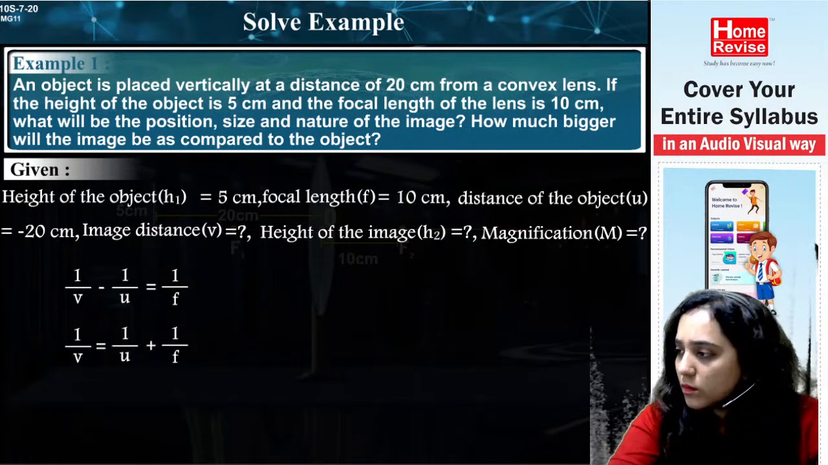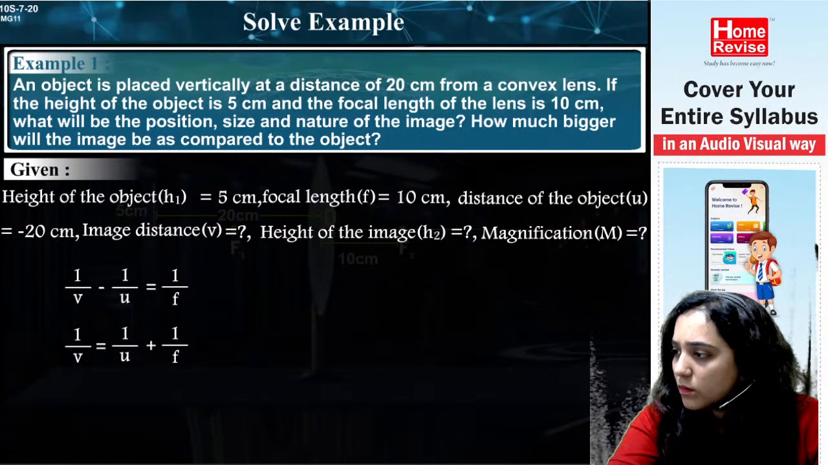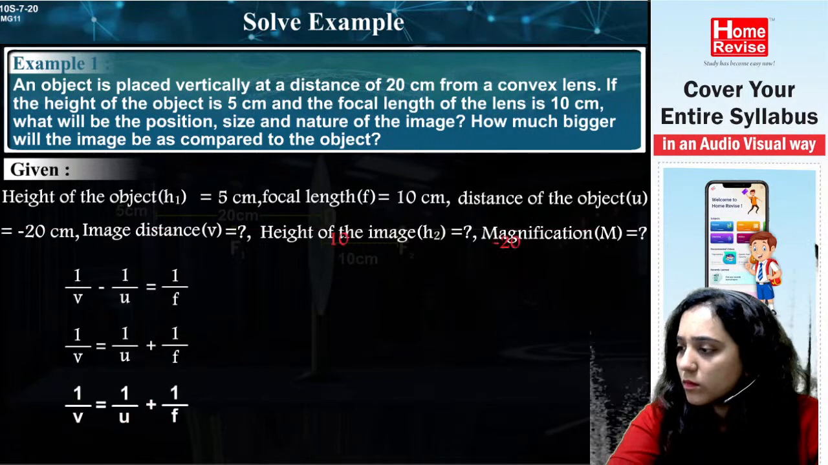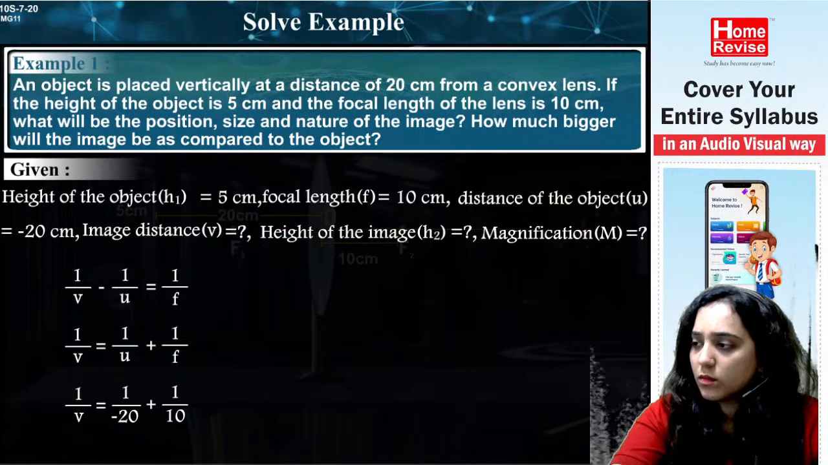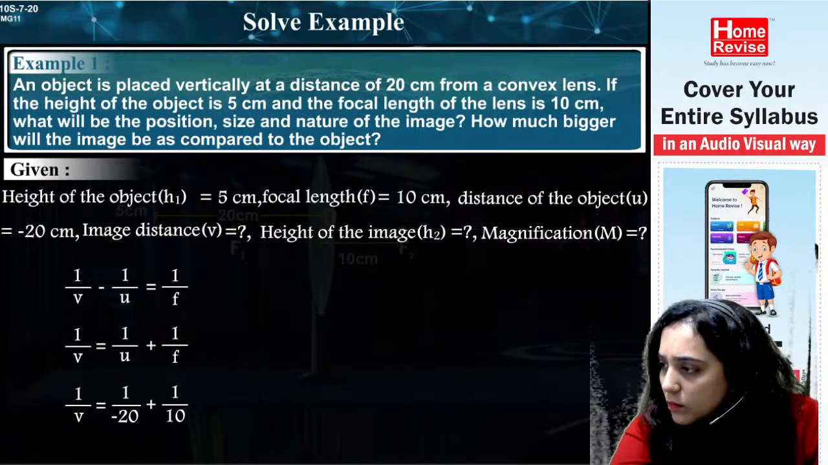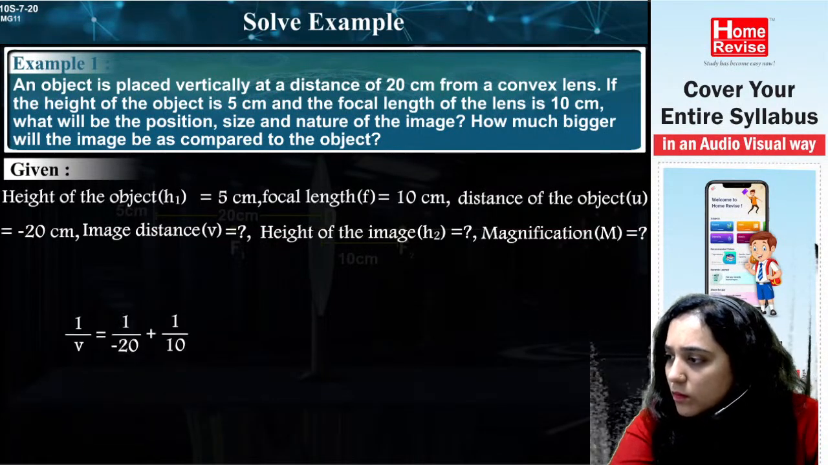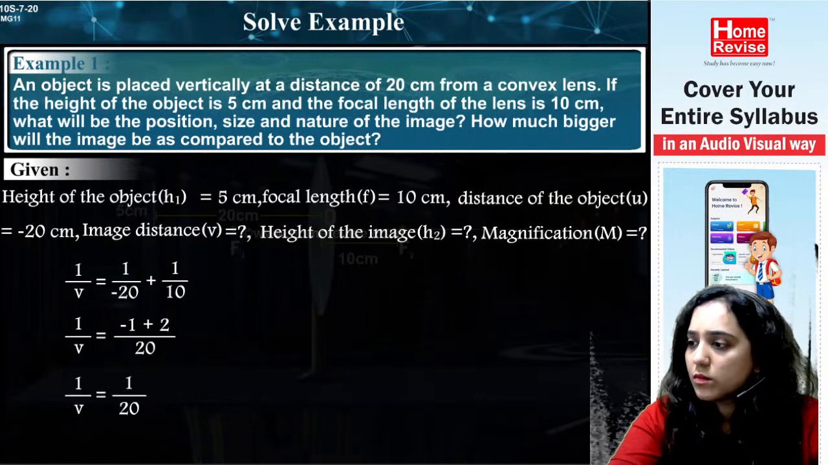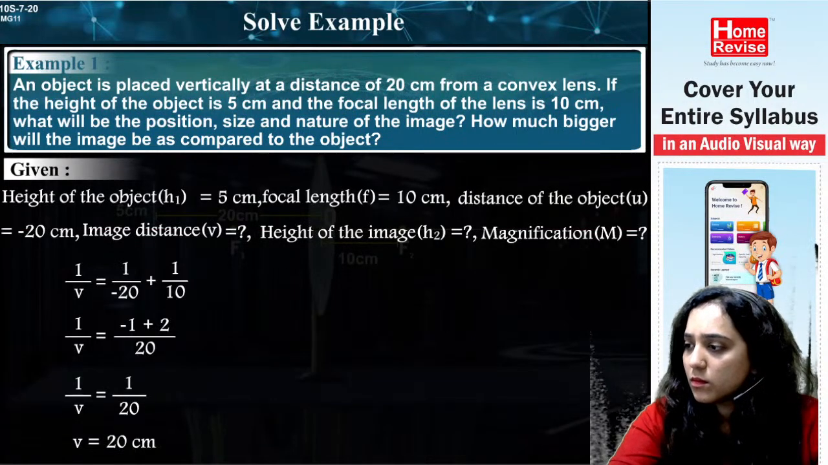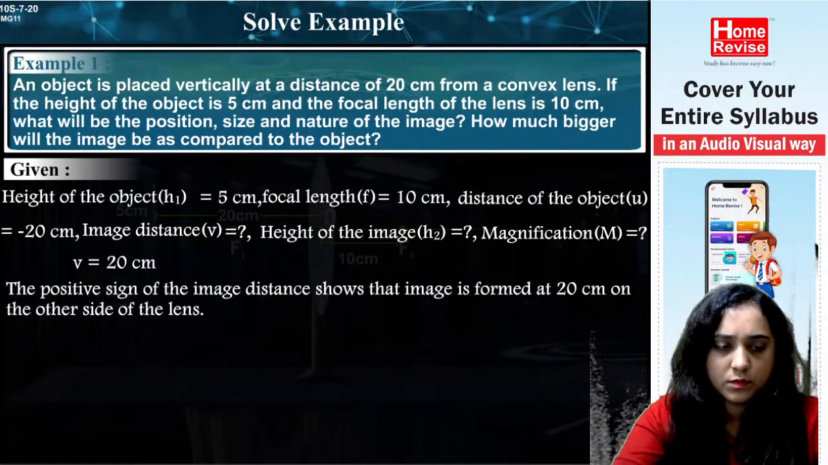or 1 by v is equal to 1 by u plus 1 by f. Substituting the values, 1 by v is equal to 1 by minus 20 plus 1 by 10. Further, 1 by v is equal to minus 1 plus 2 by 20. So 1 by v is equal to 1 by 20, or v is equal to 20 centimeters. The positive sign of the image distance shows that the image is formed at 20 centimeters on the other side of